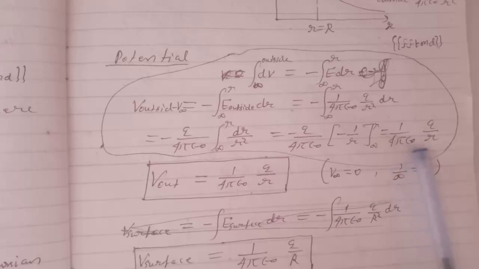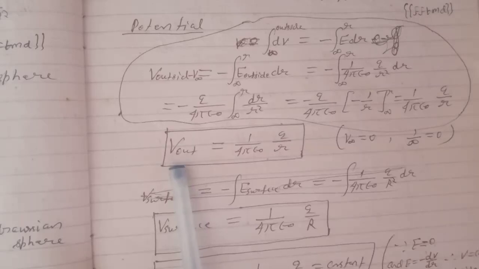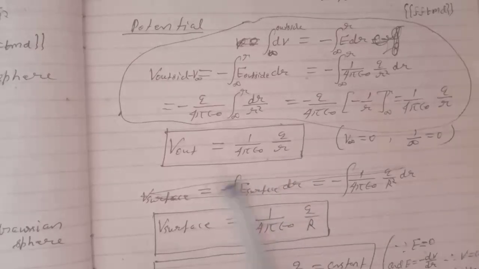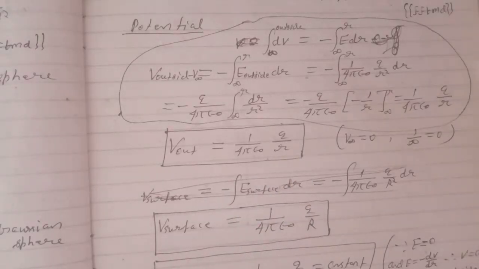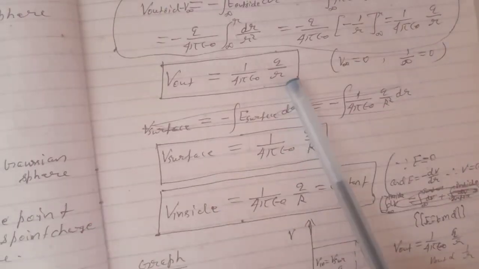So we have 1 by 4 pi epsilon naught q by r. So V outside, because V infinity is 0, will be 1 by 4 pi epsilon naught q by r, because V infinity is 0 and 1 by infinity is 0. So using this value we get the potential outside the conducting hollow sphere as 1 by 4 pi epsilon naught q by r,